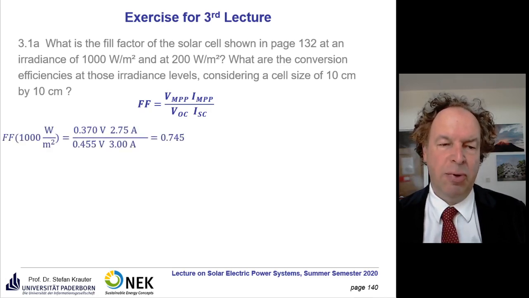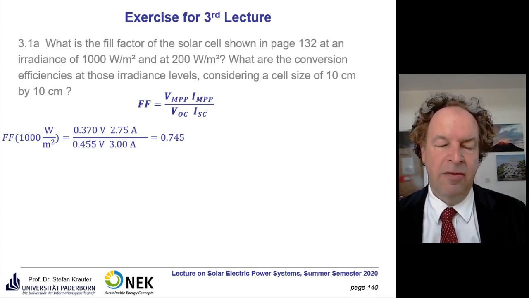For 1000 watt per square meter, the voltage in the maximum power point was 0.370 volts, the current in the maximum power point was 2.57 amps, and the open circuit voltage is 0.455 volts and short circuit current 3 amps. So altogether we have a fill factor of